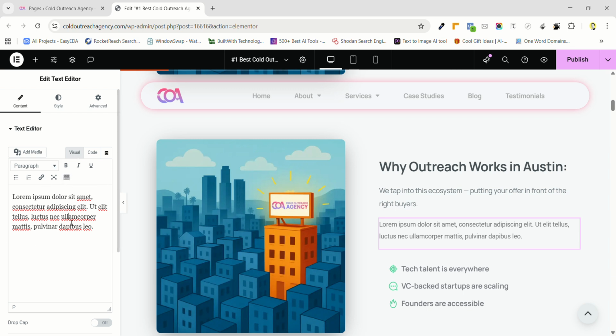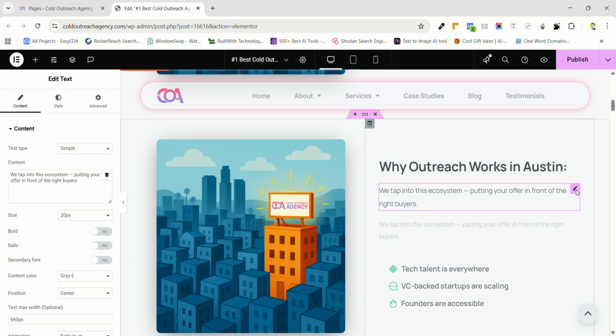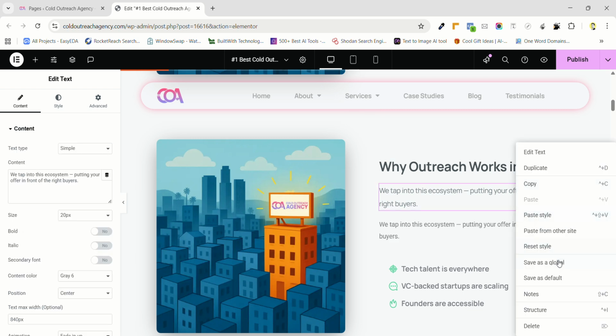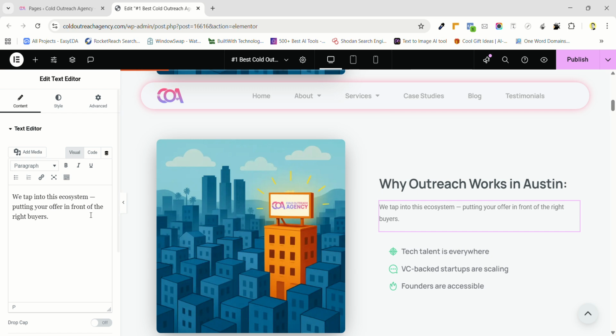For example, we have copied the content from here, now we want to paste it here. We'll select all and paste it. See, the entire content is pasted here as well. And what we'll do is we'll click on it and then right click, and then we will click delete. Now we will click on text editor,